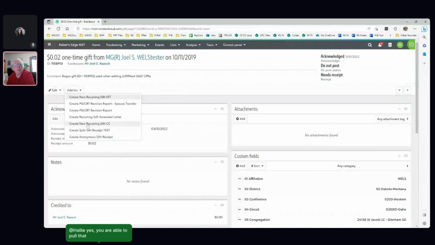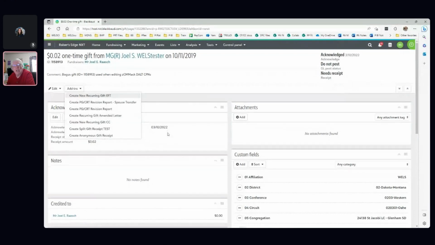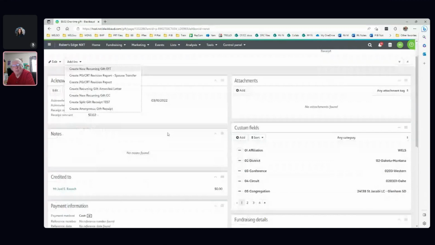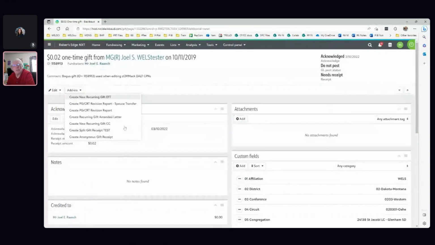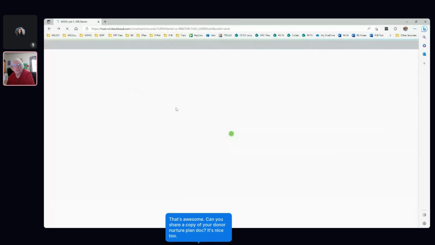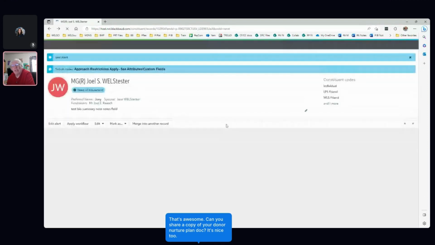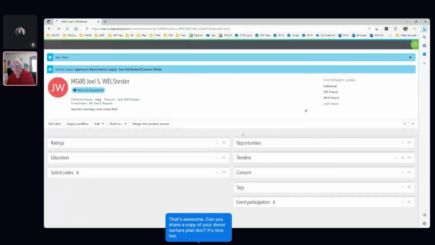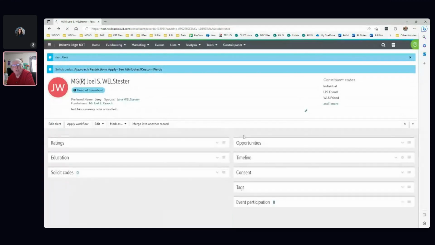I could create one if it was a new recurring gift donor, or a planned gift revision that was being made, or a split gift. All specialized receipts. The regular receipts go through a different process, but kind of one-off receipts can be easily created here. Same process. It's just a word merge document that has been created for this purpose. But there are other things it can do as well. So I guess give it a minute to load up here.